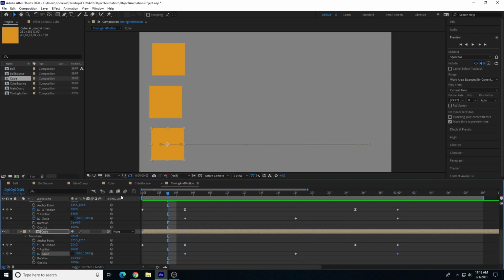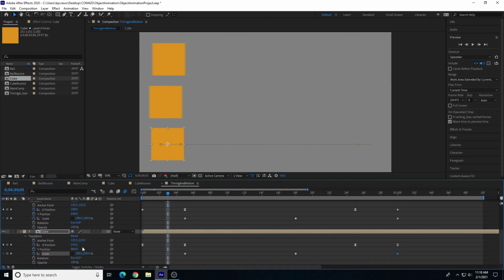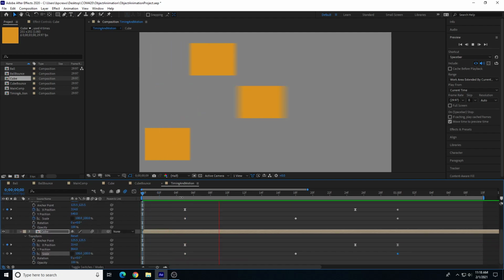Right, one final thing we can do is add motion blur. So let's turn on the motion blur for the overall timeline. That's this button right here. And then we're going to turn on motion blur for each individual layer. So let's turn on the motion blur for cube 1, the second cube, and the third cube. Here we go. So now when I hit play,